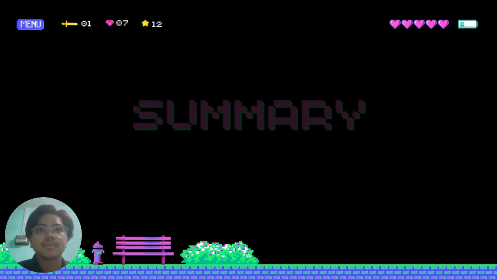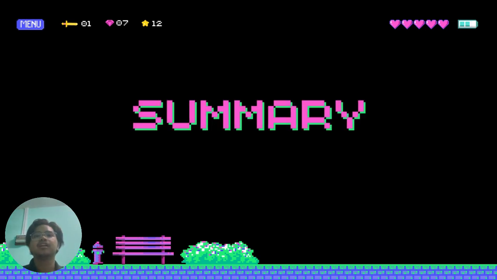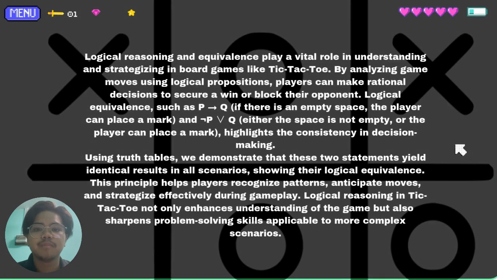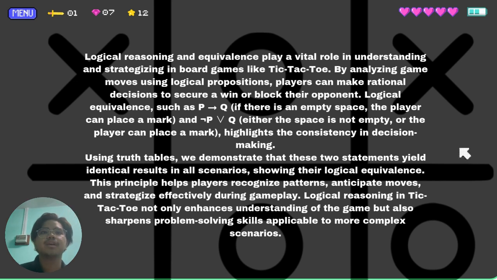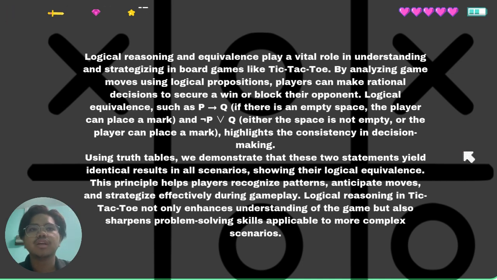So for now, I'm going to explain about the summary. Logical reasoning and equivalence play a vital role in understanding and strategizing in board games like tic-tac-toe. By analyzing game moves using logical propositions, players can make rational decisions to secure a win or block their opponent. Logical equivalence such as P implies Q, if there is an empty space, the player can place a mark, and not P or Q, either the space is not empty or the player can place a mark, highlight the consistency